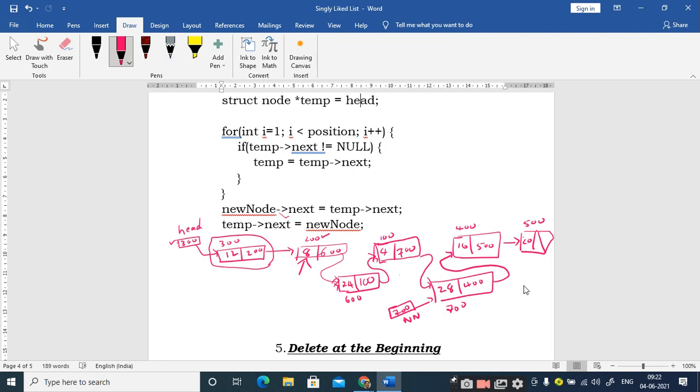I already have a pointer that is pointing to the first node, so when I want to access this 200, I know that it is present in the next part of this node, which is pointed to by head. So if I write a statement like this, head is equal to head next. So what is head next here?